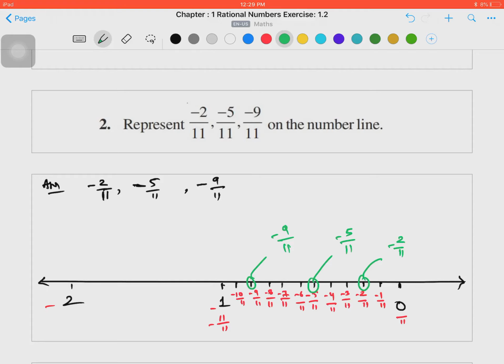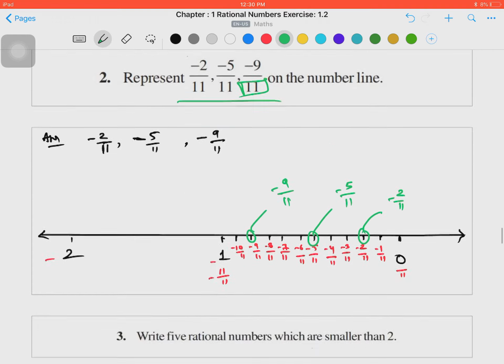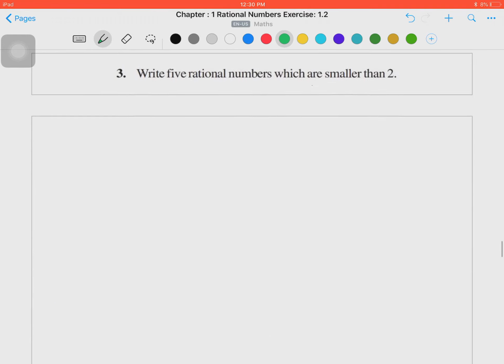I hope it's clear to you now. You just have to look at the number given in the numerator. That means you have to divide the region between two numbers into that number of parts. If the denominator of each number is the same, then you can represent all the numbers on the same number line. If their denominators are different, then you have to use different number lines for each number. Okay, I hope it's clear to you now. Moving ahead,